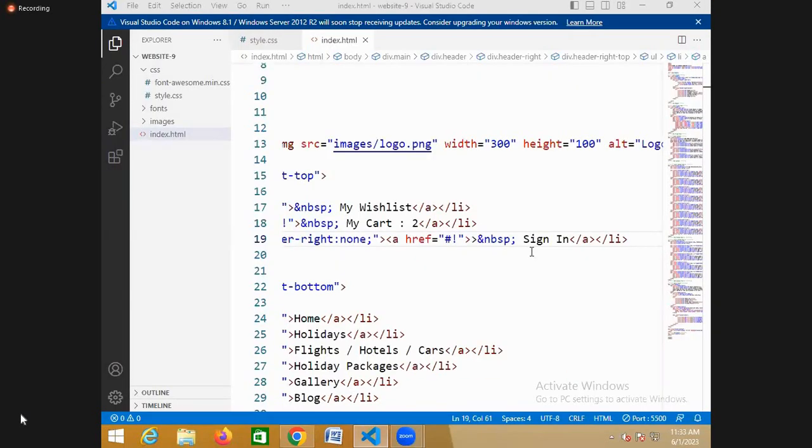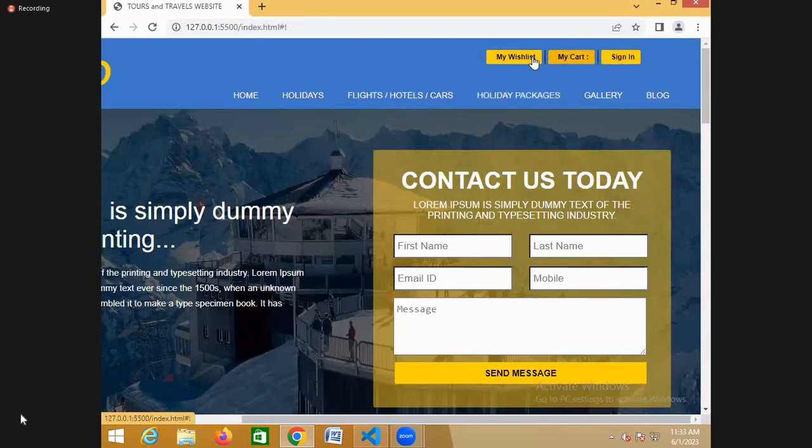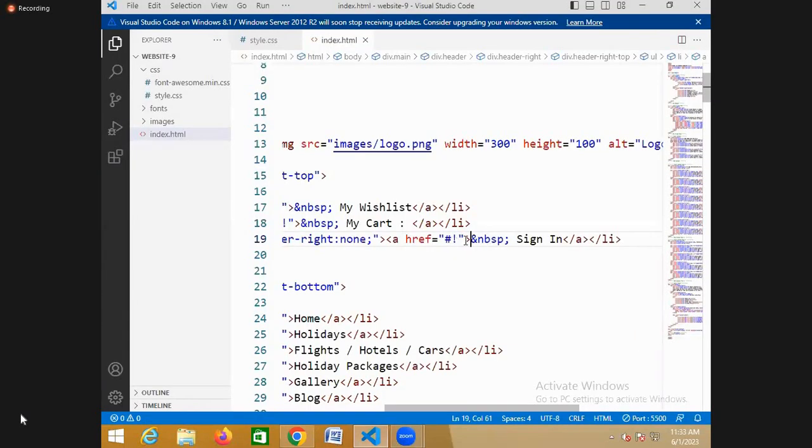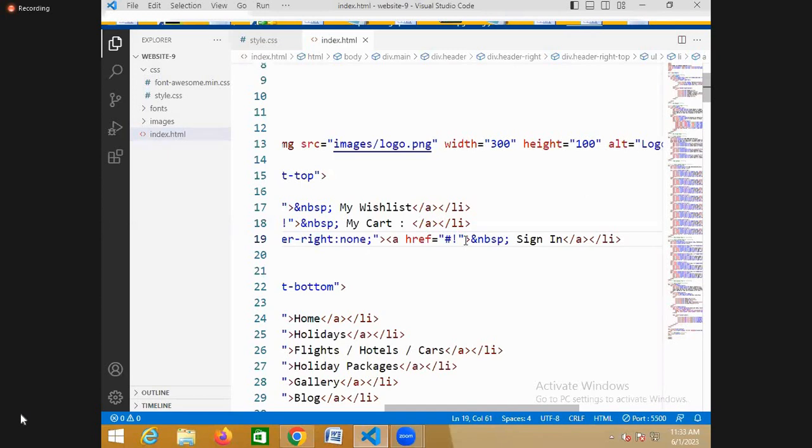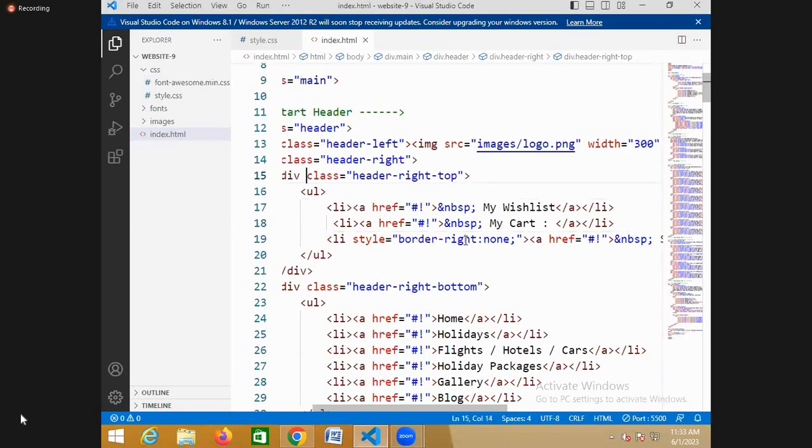So there is my cart. And yeah, I just remove this also. Now you can see only simple buttons, or not? Yes. My wish list and my cart, and one more is what? Sign in. Okay, right? But what are these here? Links. Hyperlinks, right? So there is one style. What is the style here? Header right top. Now just open